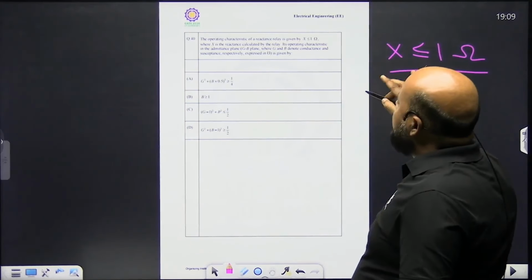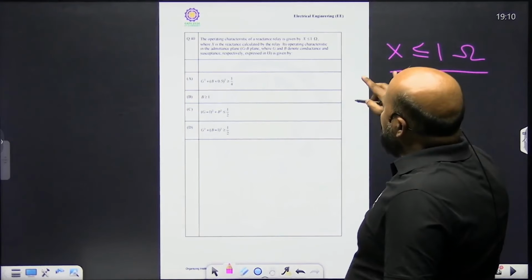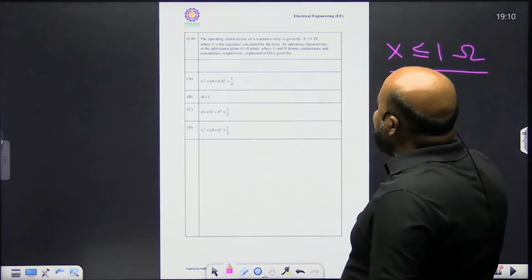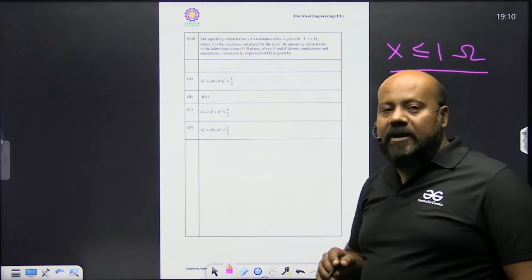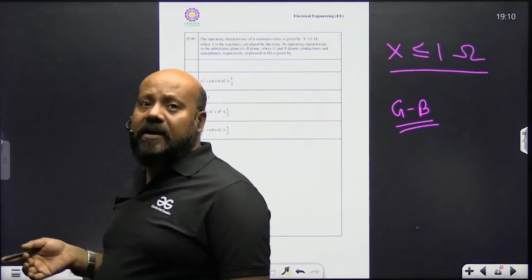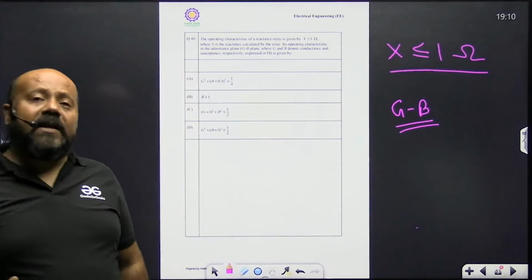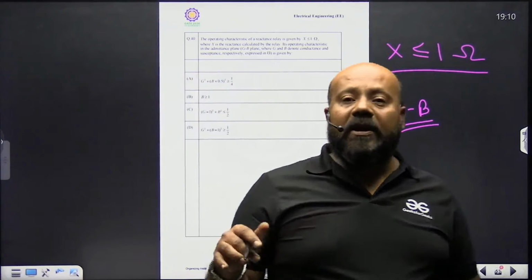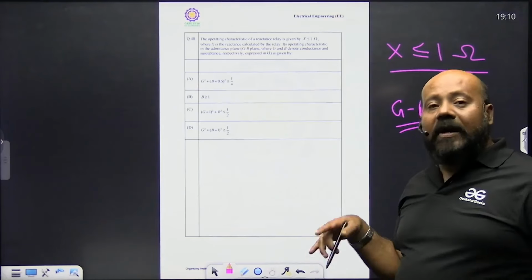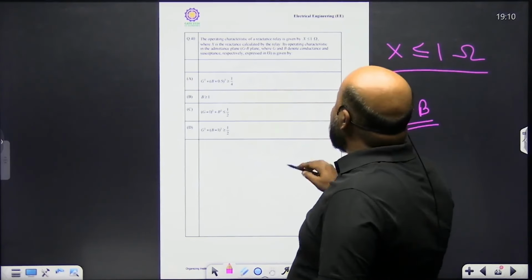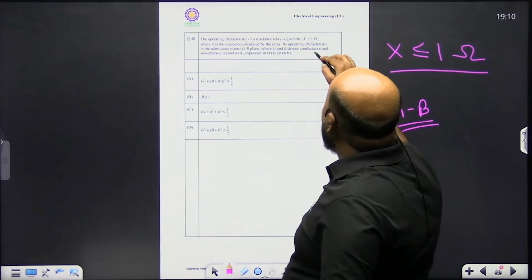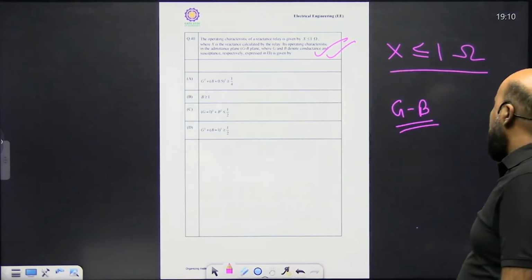x रिएक्टेंस है एज कैलकुलेटेड बाय द पोजीशन ऑफ रिले, इट इज इट्स ऑपरेटिंग कैरेक्टरिस्टिक इन द एडमिटेंस प्लेन। एडमिटेंस प्लेन कौन सा हो जाएगा, GB प्लेन हो जाएगा। जैसे इंपीडेंस प्लेन को RX प्लेन कह सकते हैं, उसी तरीके से अगर हम एडमिटेंस प्लेन बोलेंगे तो उसमें आर हो जाएगा जी और एक्स हो जाएगा बी। अब ये पूछ रहा है कि इसमें से कौन सी कंडीशन हमें ये बताती है कि ऑपरेटिंग कैरेक्टरिस्टिक का रीजन क्या होगा।